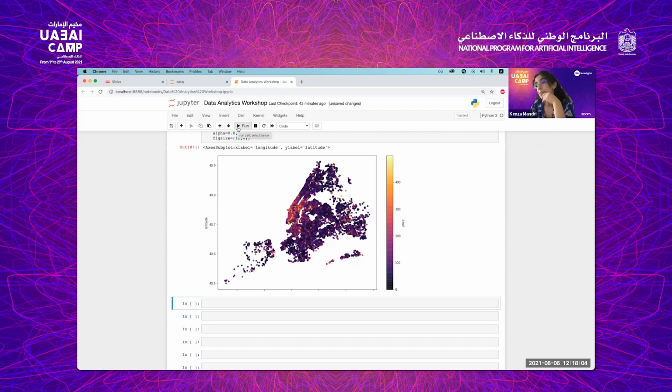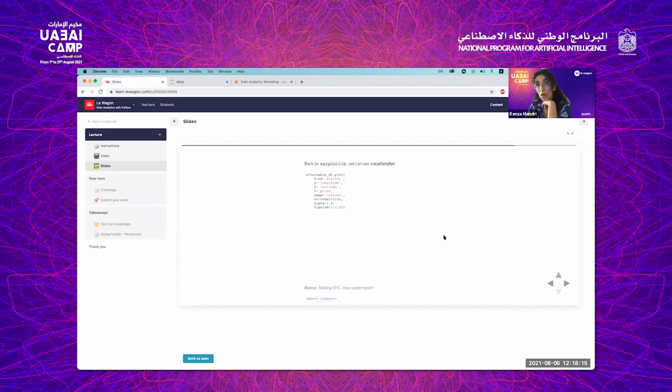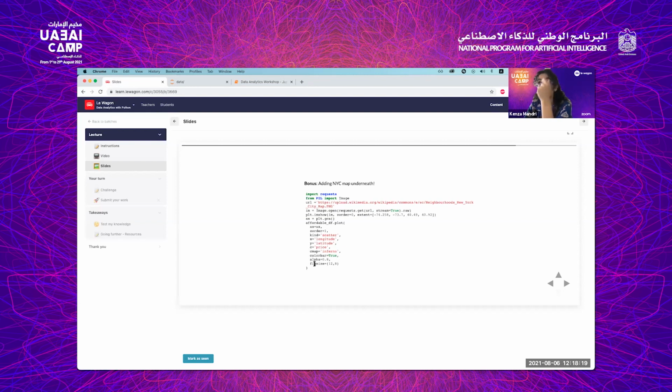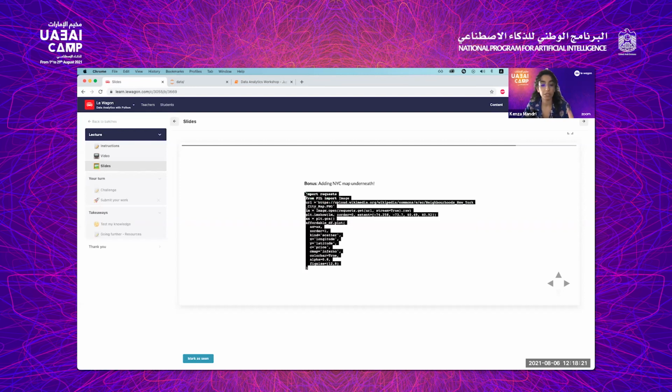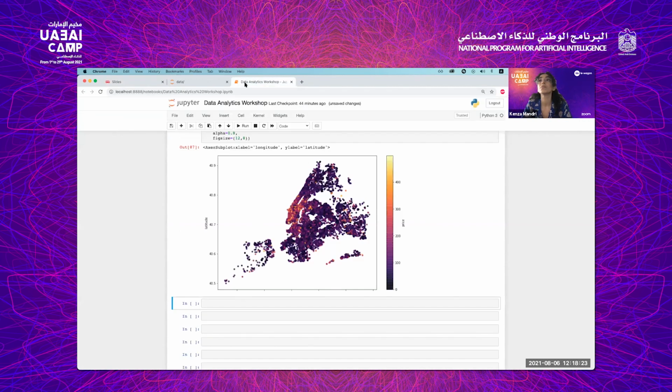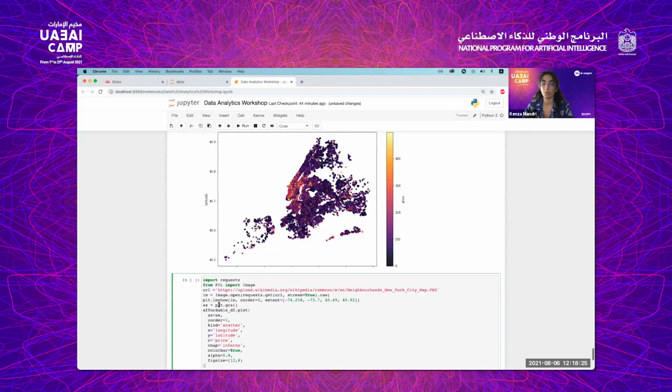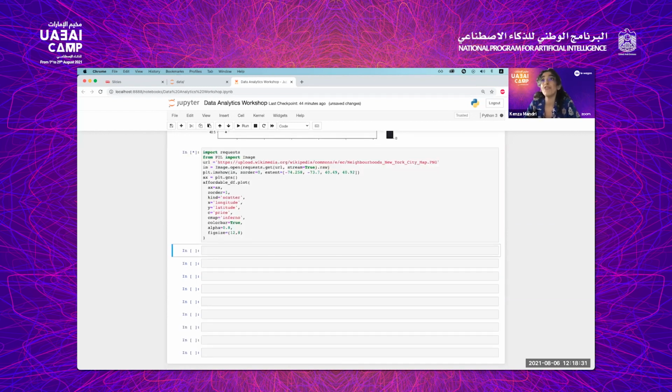In order to create a map, we're back to using Matplotlib that now I have imported correctly. Now we can visualize, say, the NYC map. They offer you a really cool example here. You can add it by importing requests. Requests is also a different library, and image as well. So if you pass,